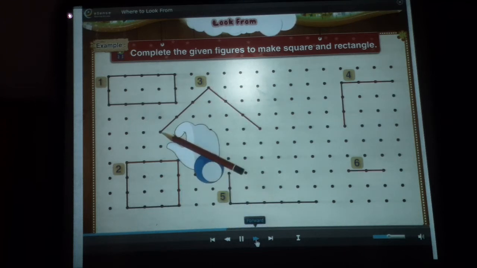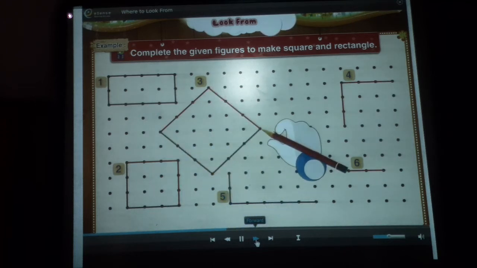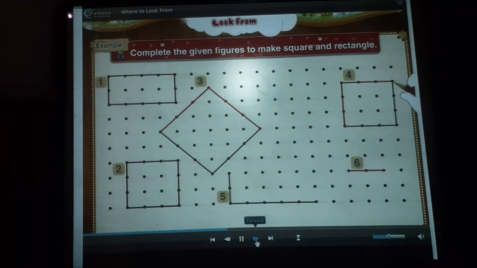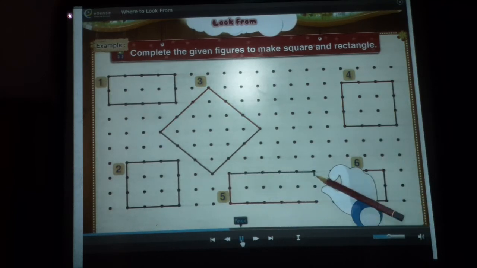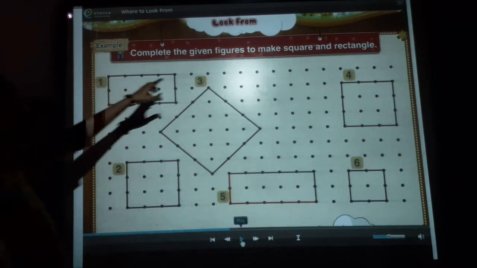Similarly, in figures 3, 4, and 6, squares will be formed, while in figure 5,